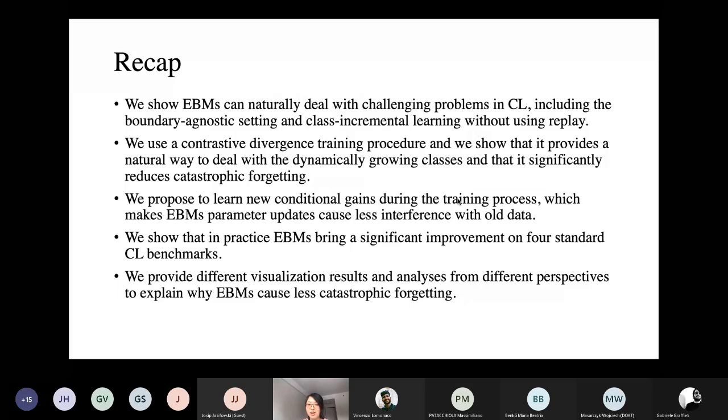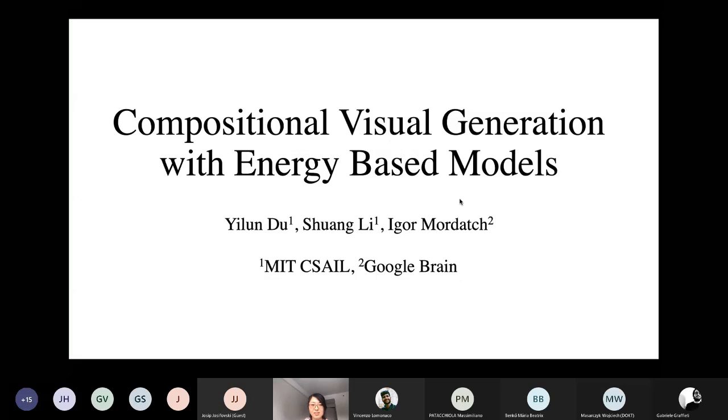Fourthly, in practice, our model brings a significant improvement on 4 standard continual learning benchmarks. Finally, we provide different visualization results and analyses to explain why the energy-based model causes less catastrophic forgetting.